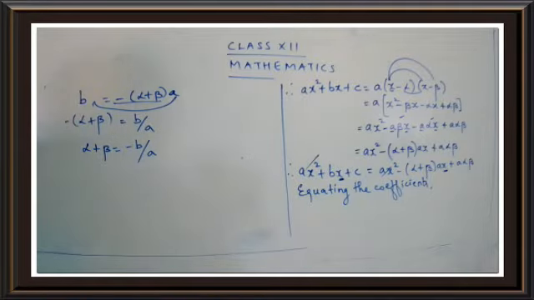So what is the answer you get here? Alpha plus beta is equal to minus b by a. Do you remember this step, children? Yes, we have used this in our 10th and 11th. Why did we use it? We used this for finding the sum of the roots and the product of the roots. Do you remember this thing, children?